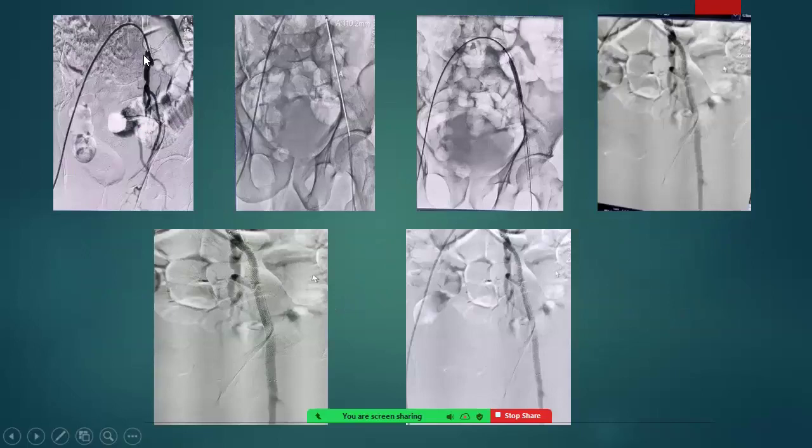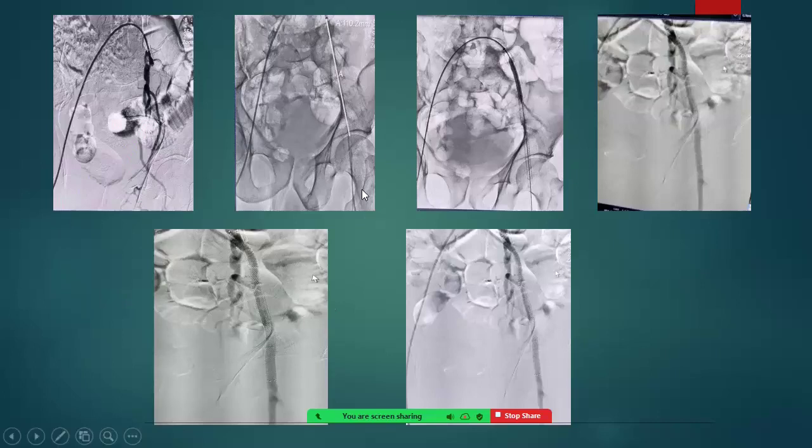So this is the internal iliac artery. This is a blocked external iliac artery. We are not able to visualize any artery below the hip joint because distal deformation is somewhere in the distal femoral artery, and below that there is certain BTK disease also. We are not able to visualize the ATA, PTA, and nothing else.